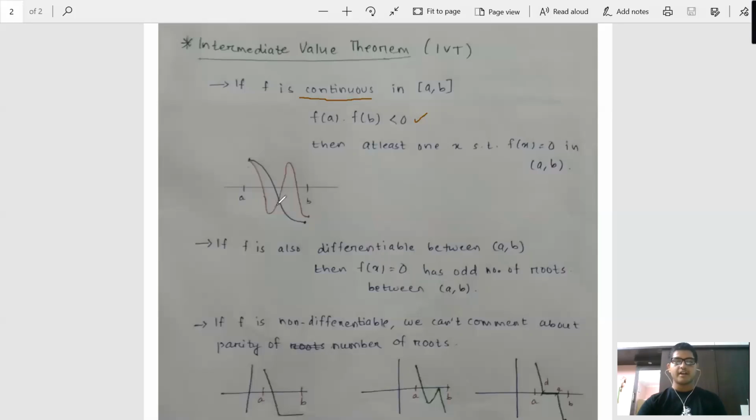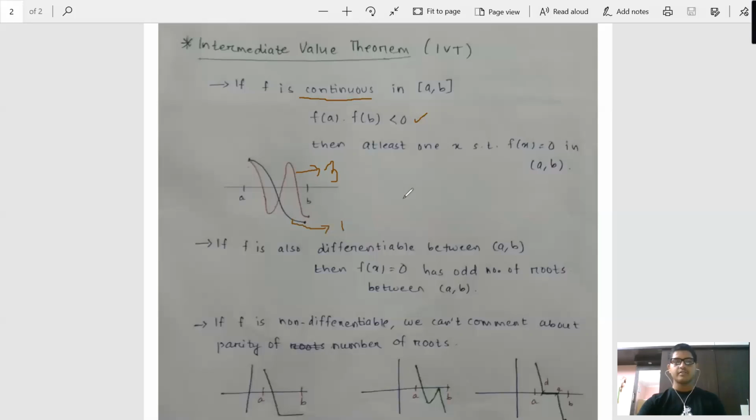See, non-differentiable, you can say if there is a sharp turn or there is flatness. If there is a sharp turn you see in the graph, you can clearly say that that is the point of non-differentiability. Okay, you can see this is always smooth. Differentiability basically comments about the smoothness of the graph. So this is always smooth, and this red one also is always smooth. So for the red one there are three roots, and for this bluish blackish graph you can say there is one root.